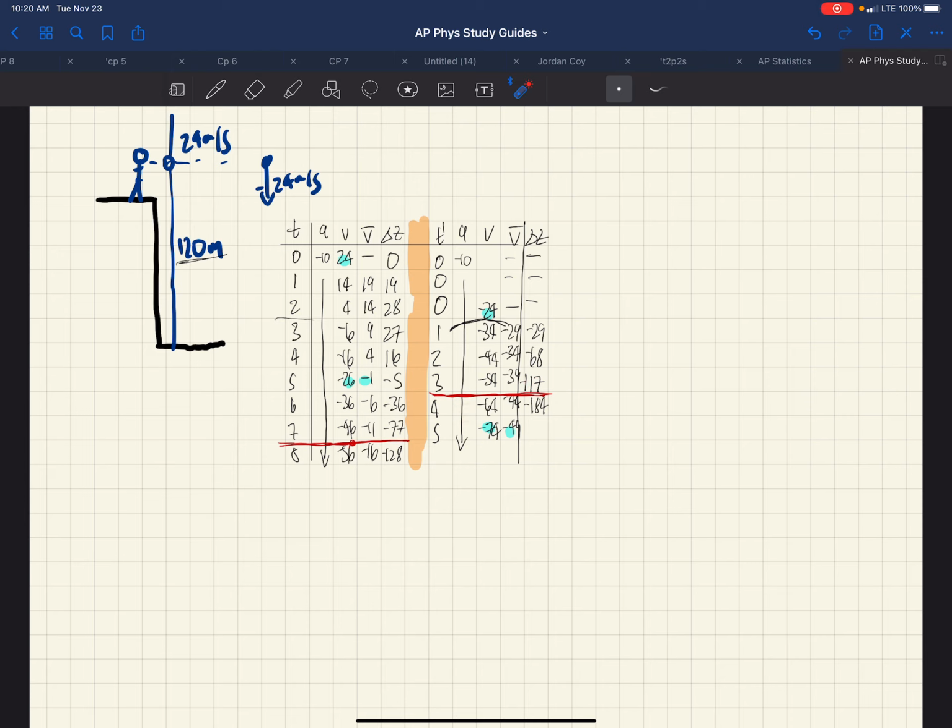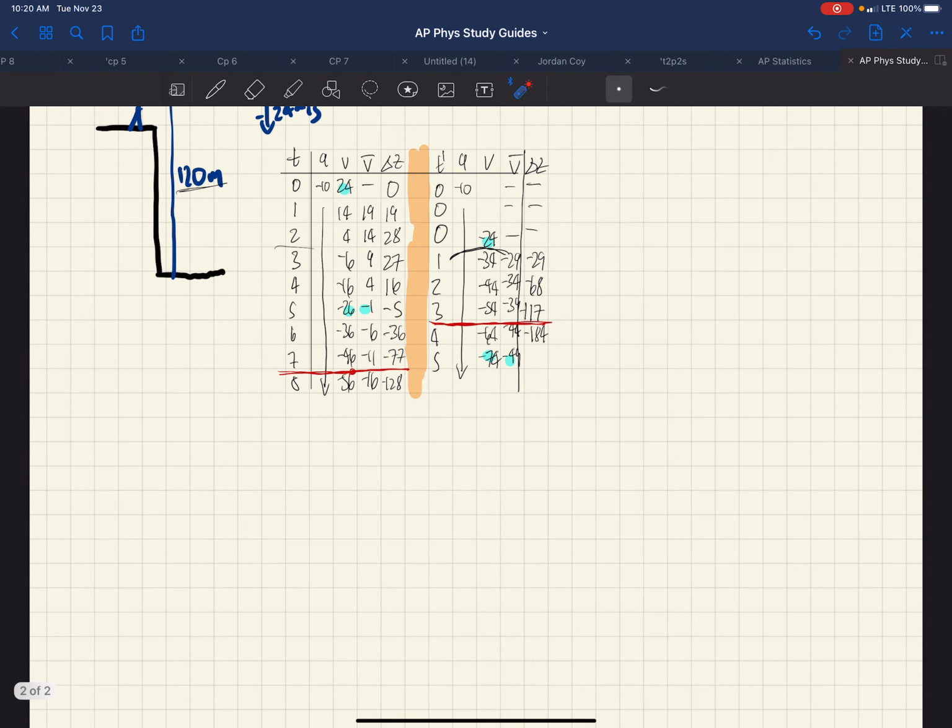So we did our average velocity table. We can see that the impact velocity is between minus 54 and minus 64. And here we've got minus 46 to minus 56. We see this is going to be pretty close to 54, and this was going to be pretty close to 56. So now we can go on to the questions. The first one, A1, if we're looking